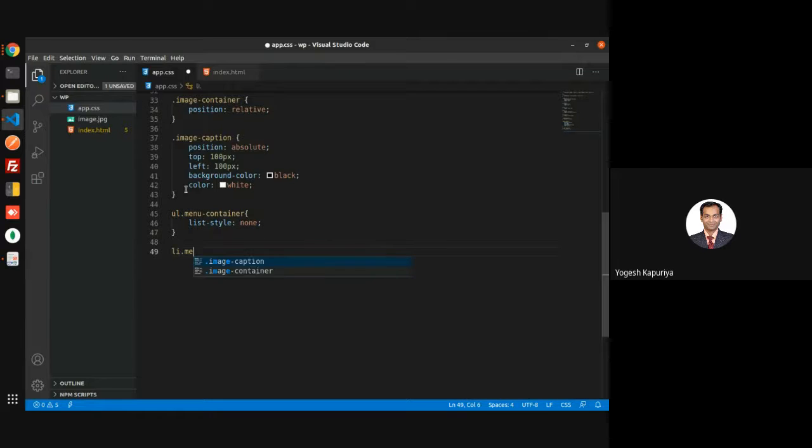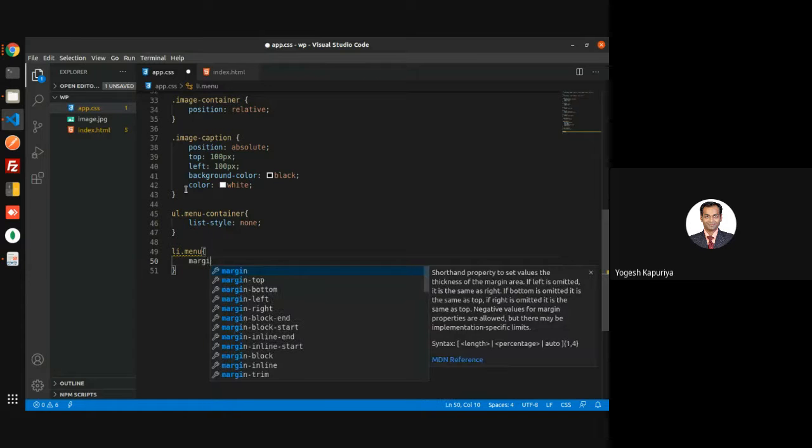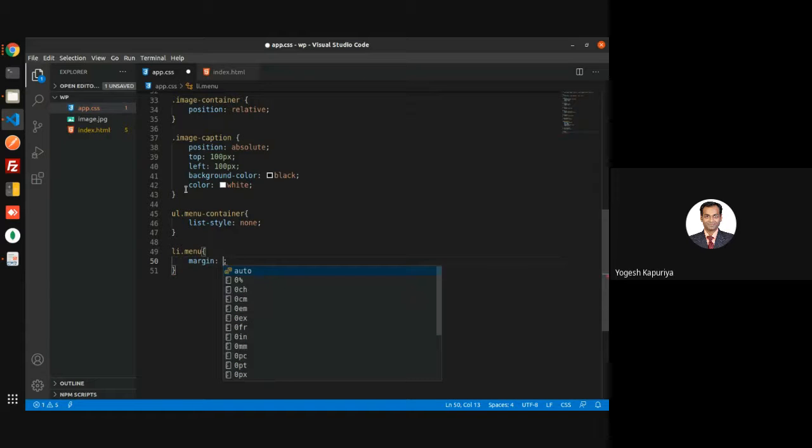Then li.menu. Let's say you want to add some margin. Sorry, margin is not required, but let's say you want to add some padding. So padding 5 pixel and